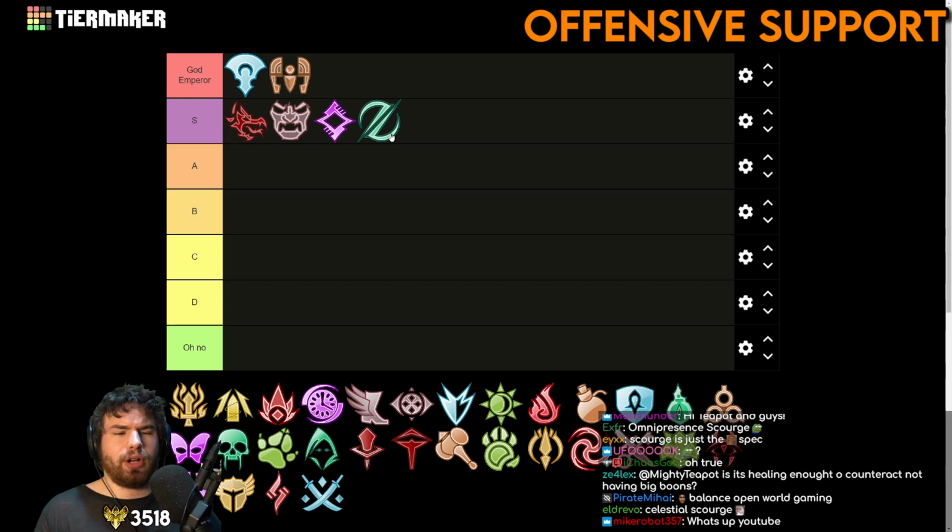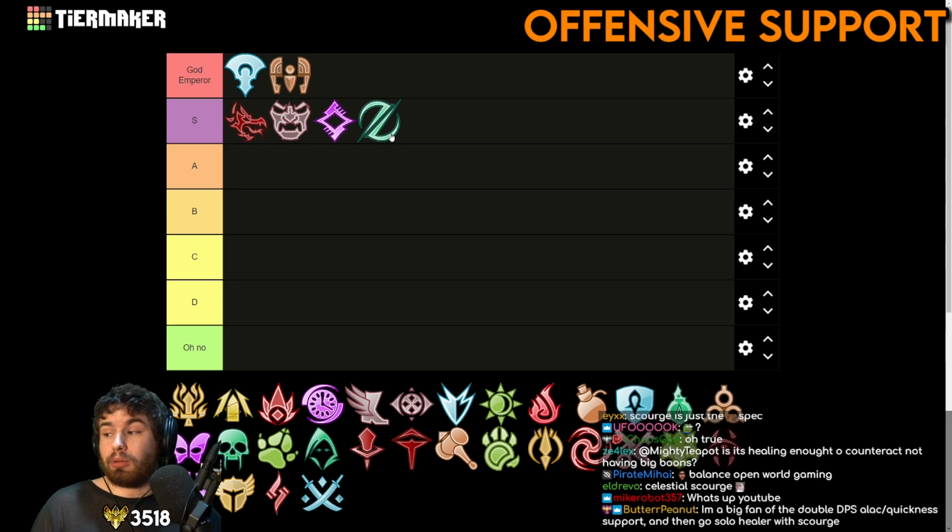And that's why I kind of put it in S tier, weird tier. We'll see this later in the defensive support tier list, but I actually put it in a tier of its own there. And that's simply because it's just broken. It fundamentally breaks the game. It's a build that probably shouldn't exist. But there you go. Next up,